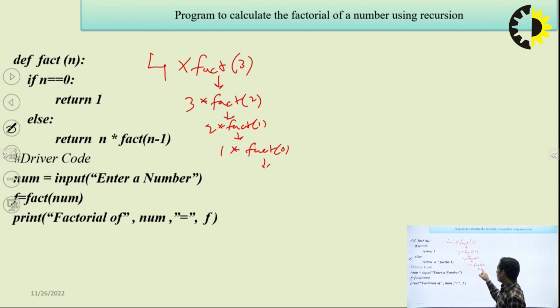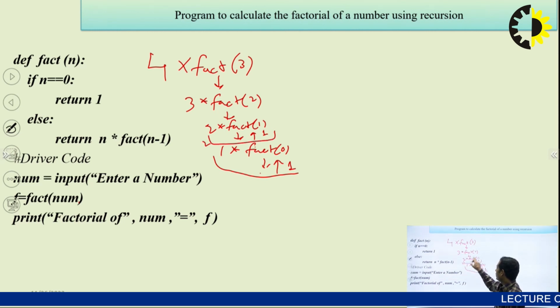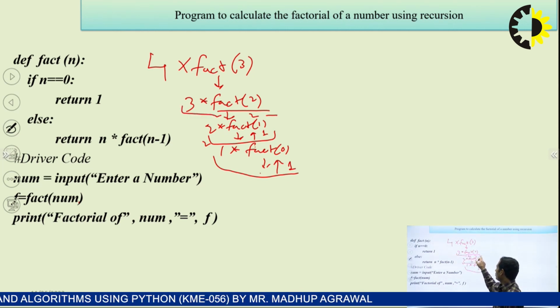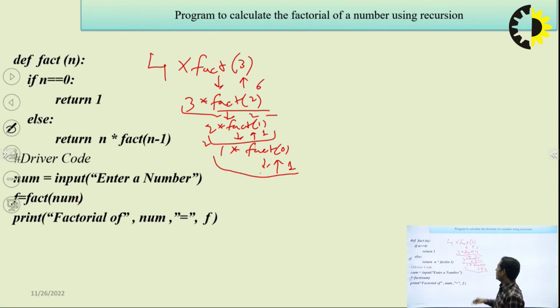Now when fact 0 is called, the condition matches and it returns 1. Then the overall calculation is 1, which returns 1 here, and the overall calculation becomes 2. This value of 2 comes here, and 3 into 2 equals 6, and this 6 is returned here. Then 4 into 6 equals 24, and this returns to its calling function, where we first called it. So we get 24 here,